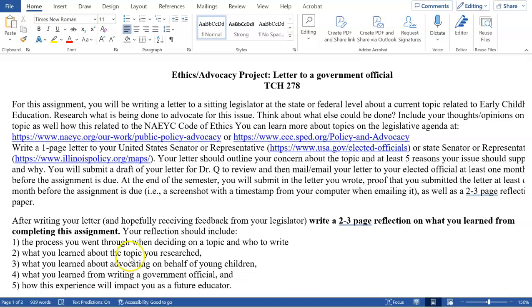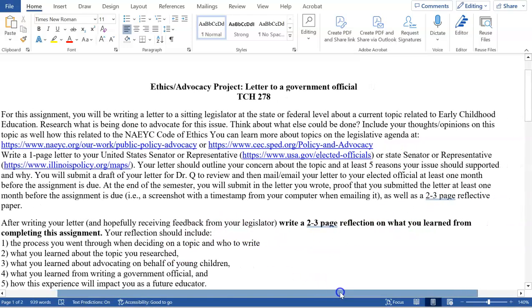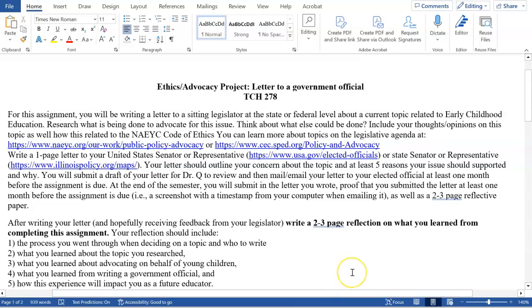I'm now going to give an overview of the Ethics and Advocacy Project. For this assignment, you will be writing a letter to an elected official. We talked a little bit about this in the overview Zoom that I had with all of you, but wanted to give you a few more details because this aligns with the Ethics and Advocacy module that we're working through